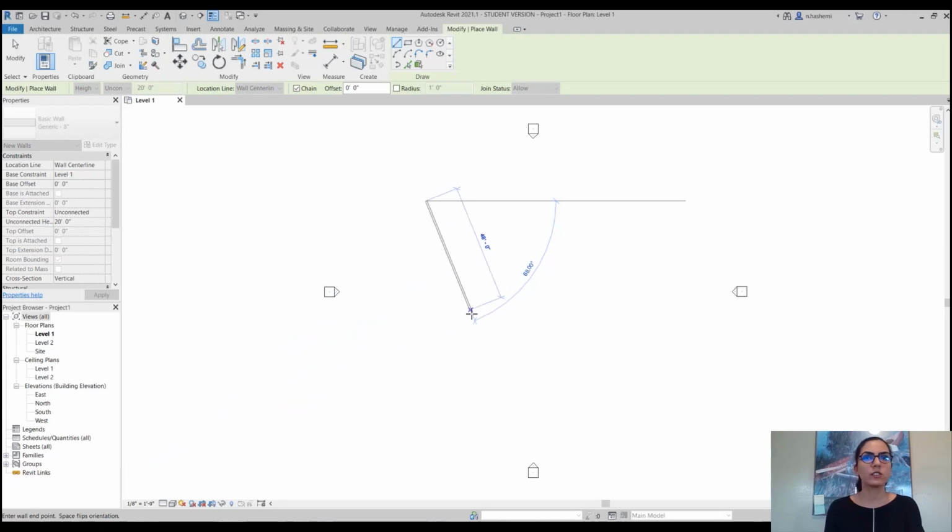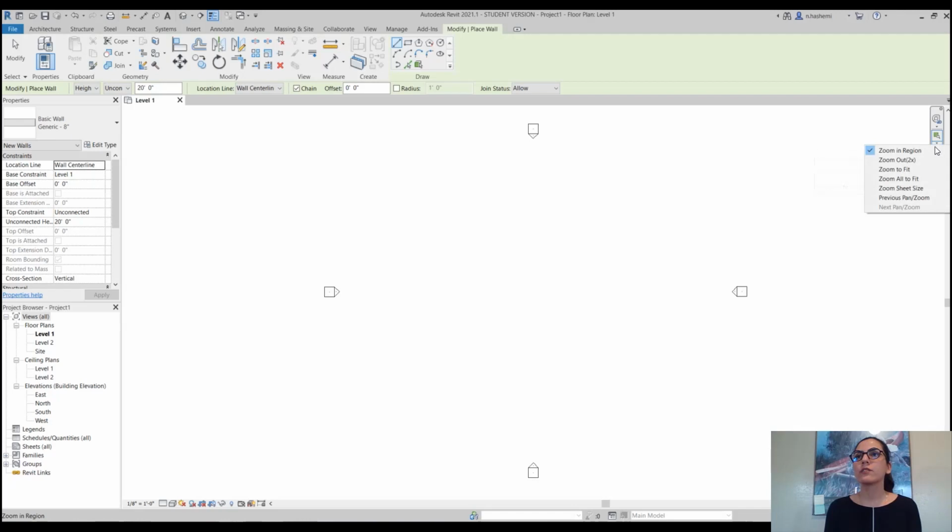So it's just a hint of what to do next. Then we have the navigation bar here at the corner, so you can navigate through the project with this. You have different zoom options here. And this bar here is the option bar.